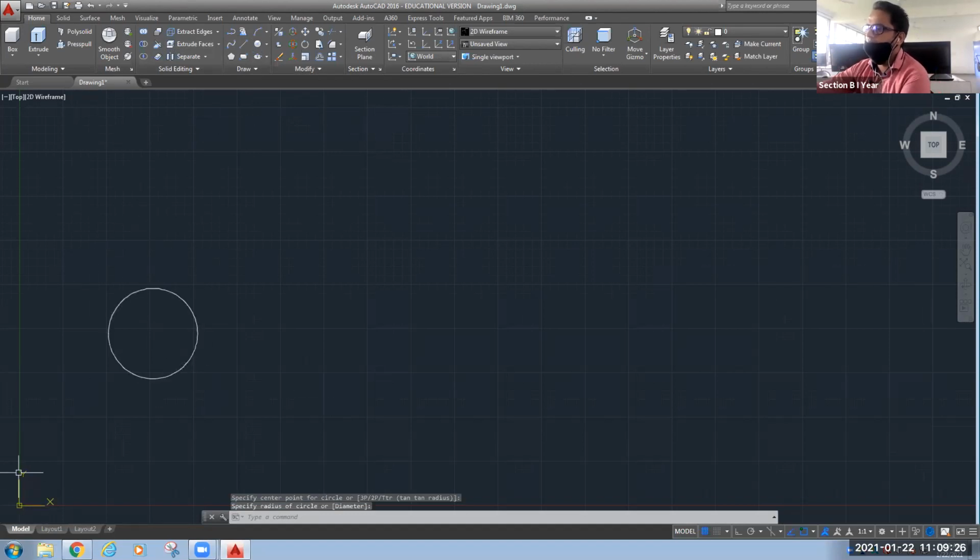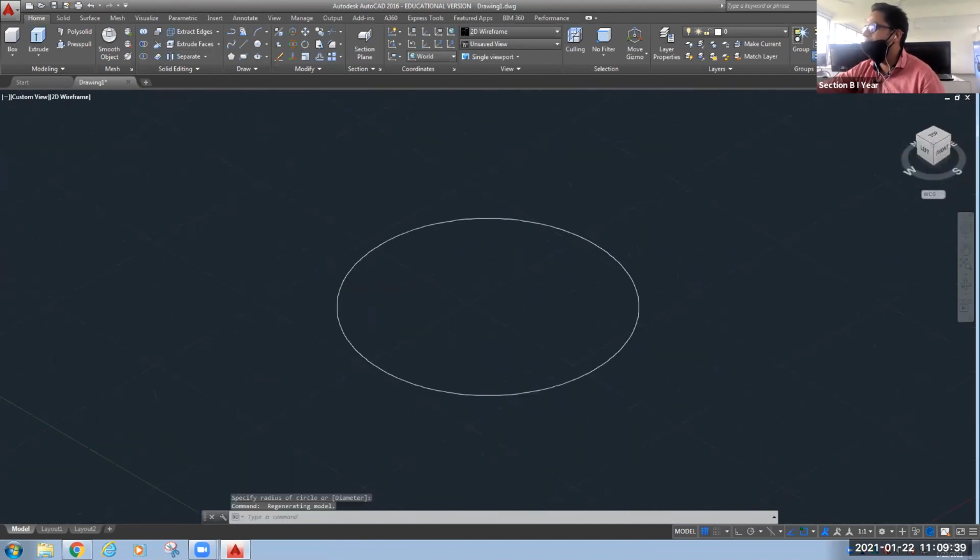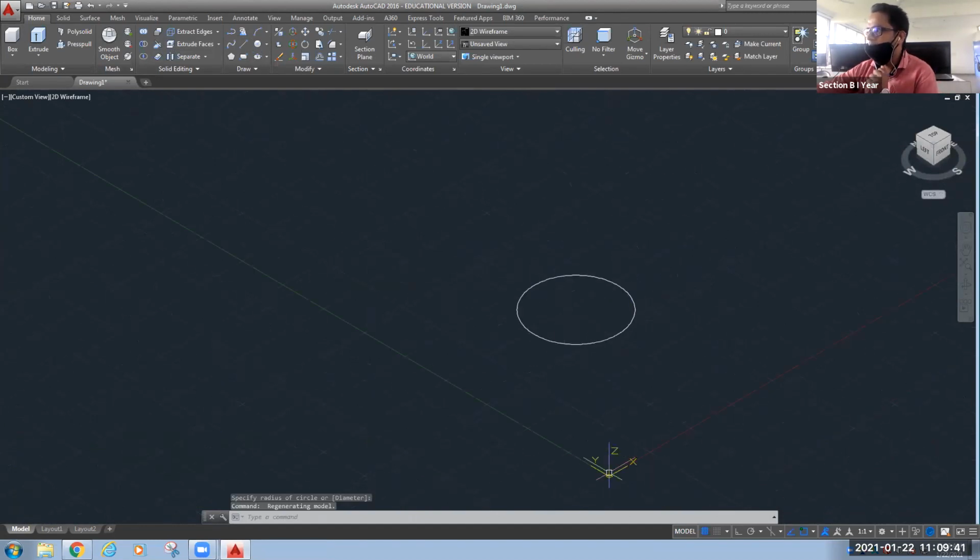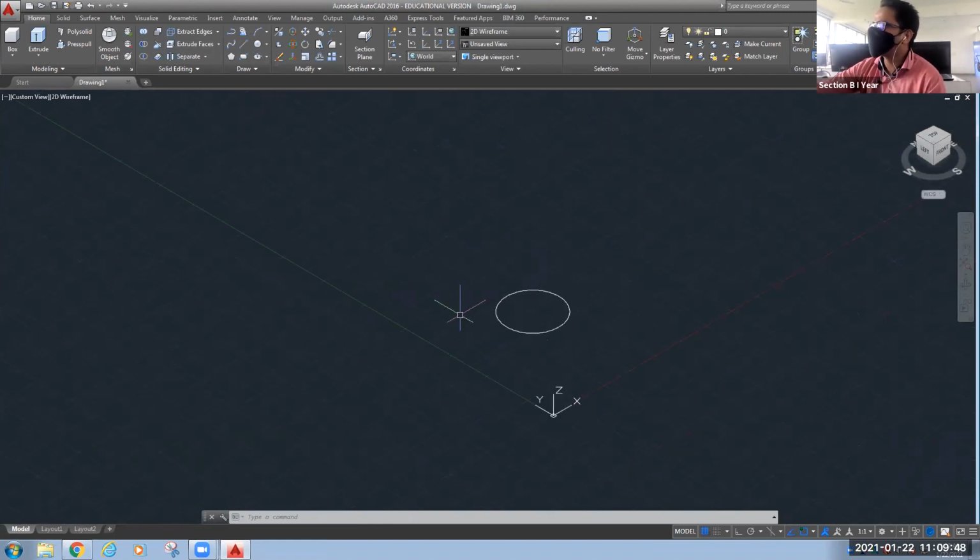This is a circle, and you can see here X and Y, which means we are in your two-dimensional workspace. By clicking here, you can get your three-dimensional workspace, where you will be able to see your X, Y, and Z coordinates. So first I will show you the extrude command.